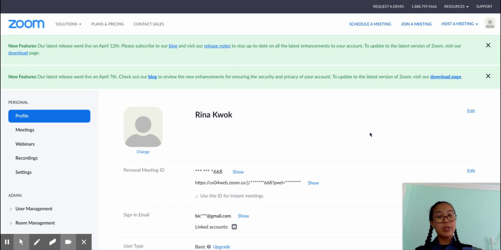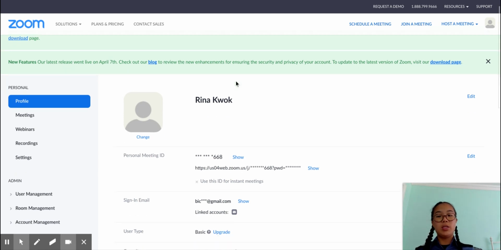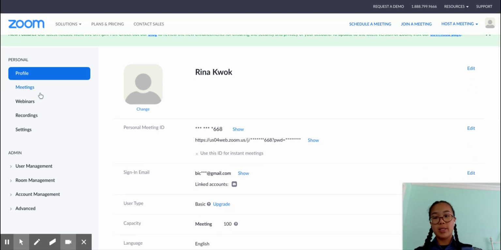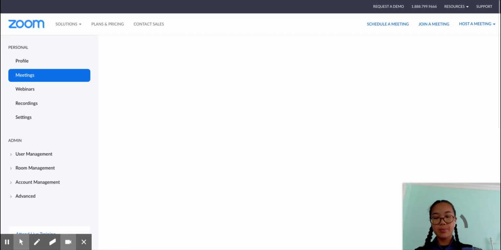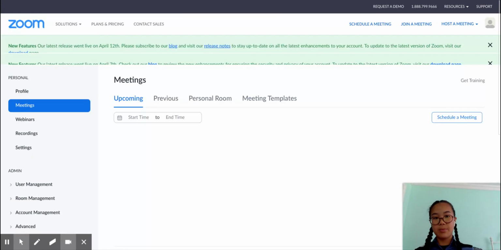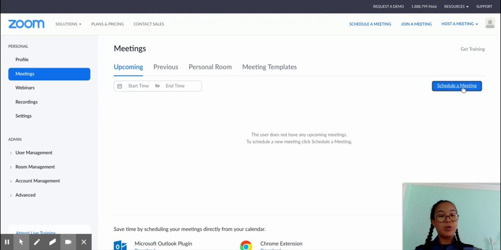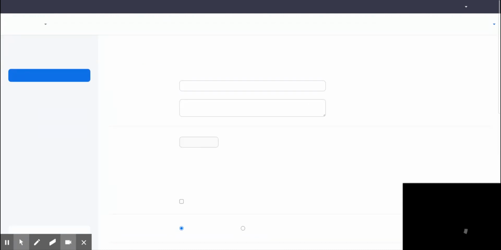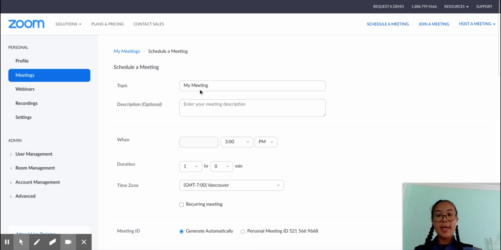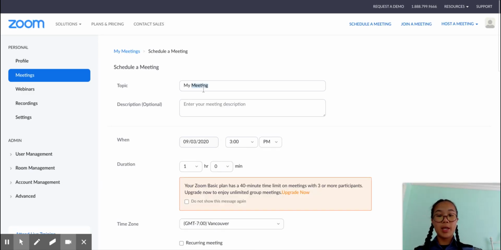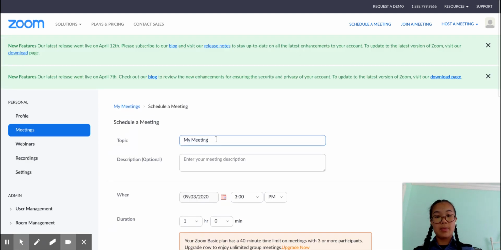So first thing that you'll need to do is to log on to Zoom on your web browser, and you'll need to press Meetings on this left tab here. You'll see a button that says Schedule a Meeting. Next, you'll put in the topic for your meeting, such as